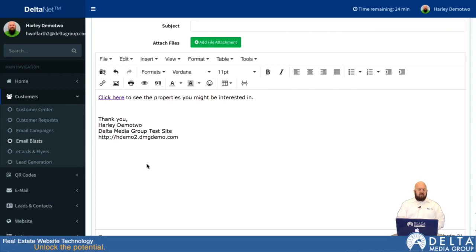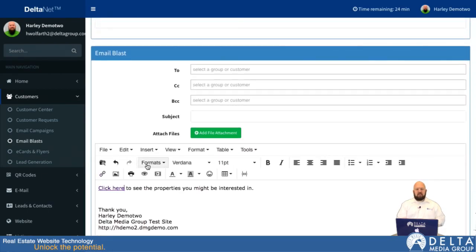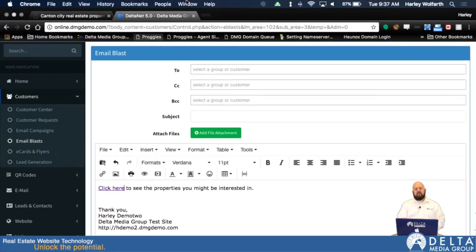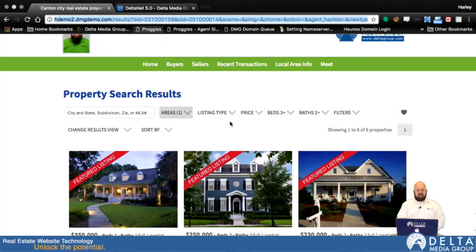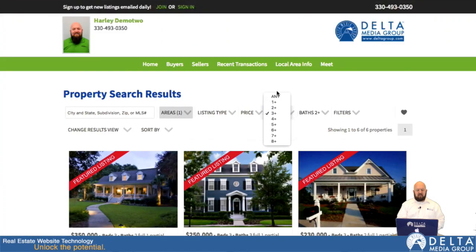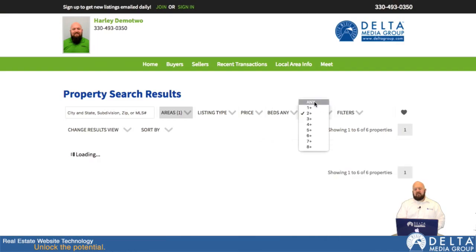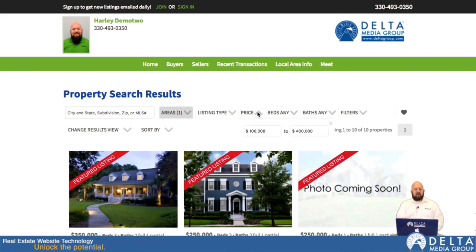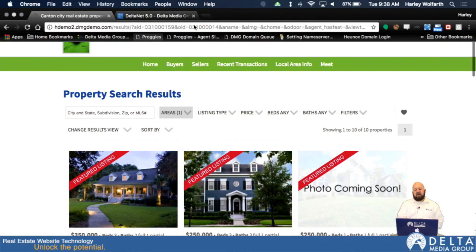Now the other thing you can do with these, which for the specific search I did is probably not as good of an example, but if I go back into my search and I say I just want to look at all properties, let's get rid of these bedrooms and bathrooms. So right now I'm looking at all properties in Canton, Ohio between 100 and 400,000. So let's say I know that that's a market that's really important in my area, so that's something that people are commonly searching for. So instead of having them go into the page and do the search themselves each time, let's say I just want to put a link on my home page that does this for them. So I will copy this URL,